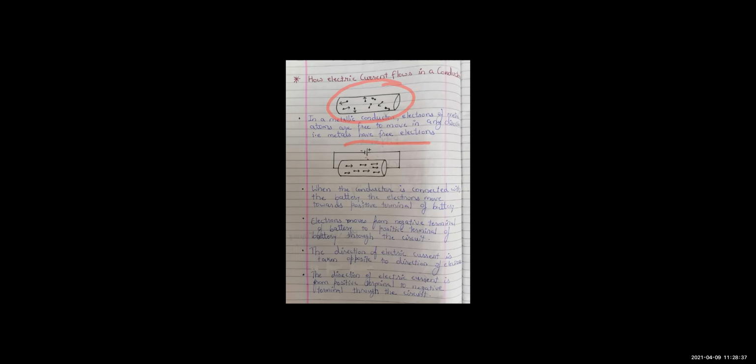Now these electrons collide with each other. They collide with the walls of the wire also, right? Collision among the electrons and with the walls of the conductor. Now, what if we connect a cell, a battery? See children, you might have seen in the remotes of your TV that cells are there. On one side of the cell, it shows the positive, and on the other side, the negative terminal. So this is the same thing, we have placed a cell over here, right? One terminal is positive, the other terminal is negative.